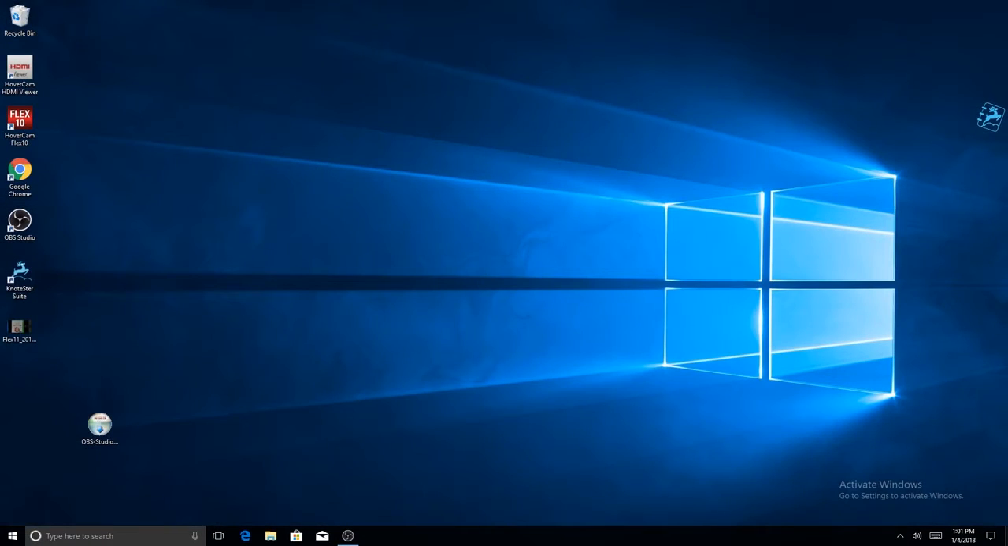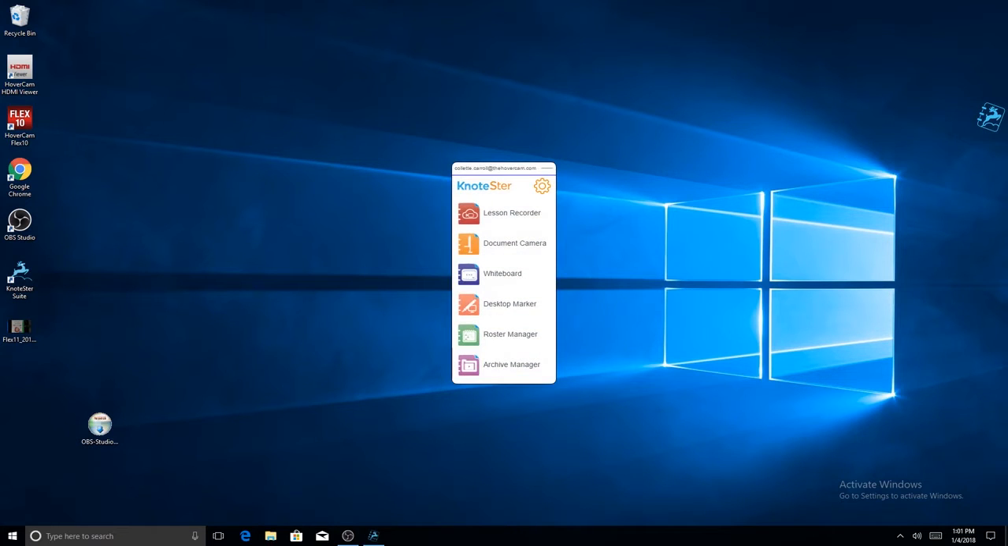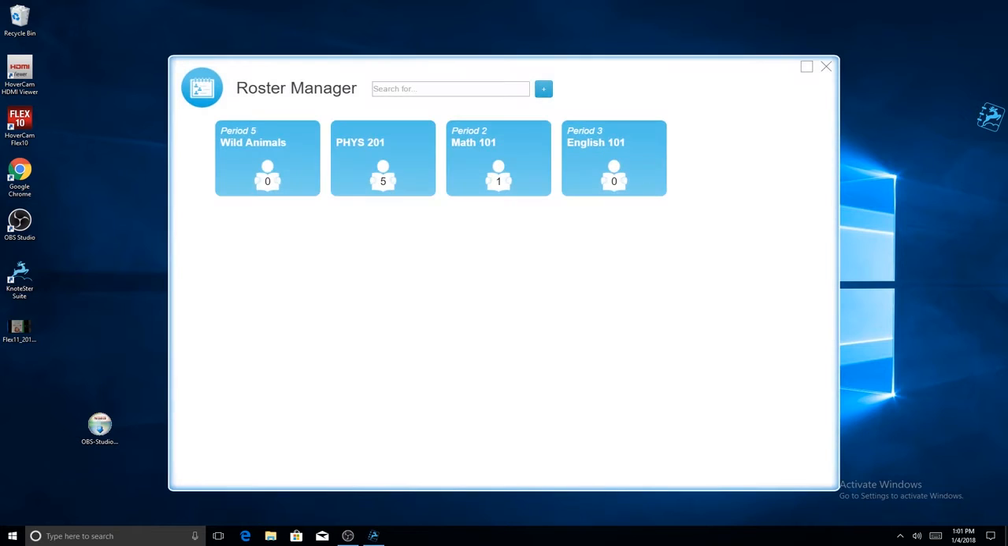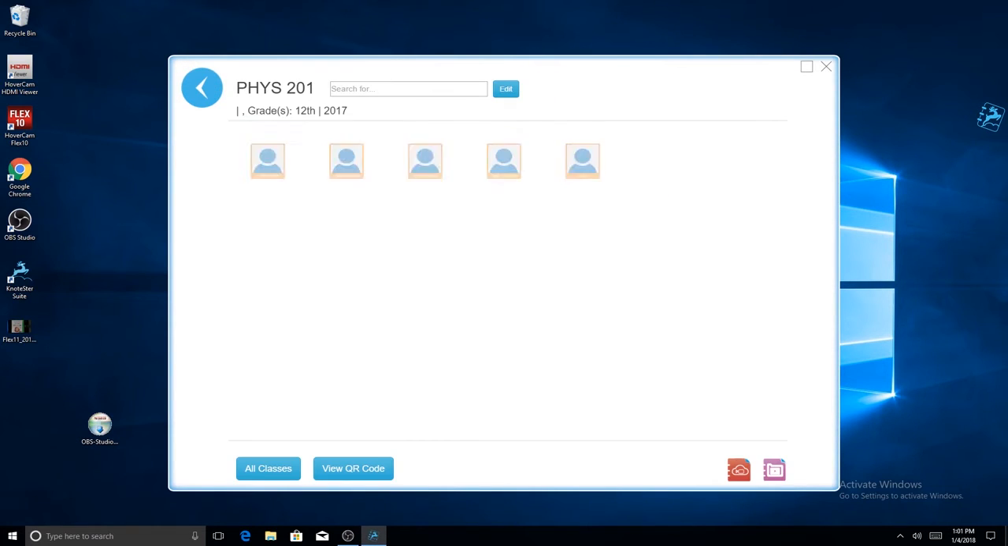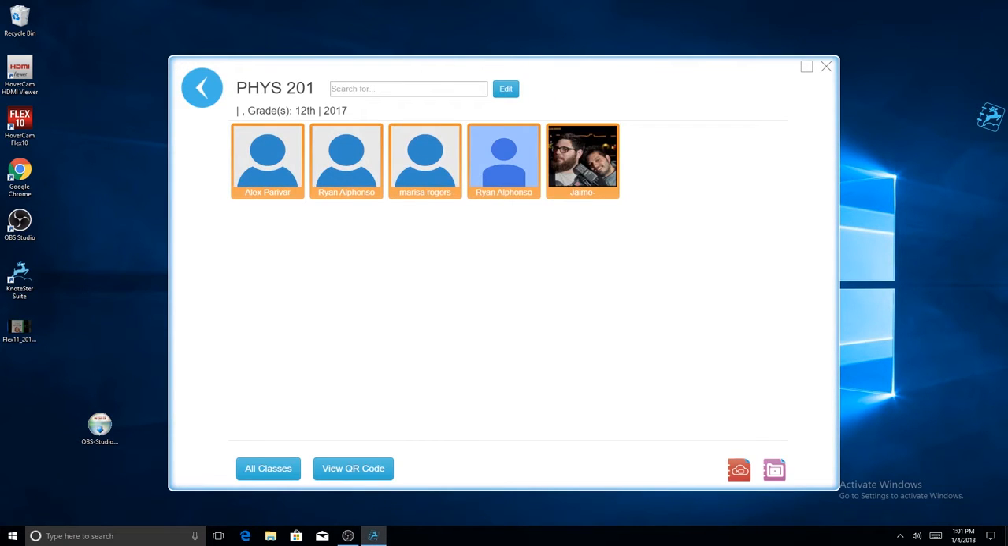To open the roster manager, begin by selecting your KnoteSter icon on the desktop. From here, select Roster Manager on the menu. Once the roster manager has opened, you can view all classes you currently teach in, including the students enrolled in